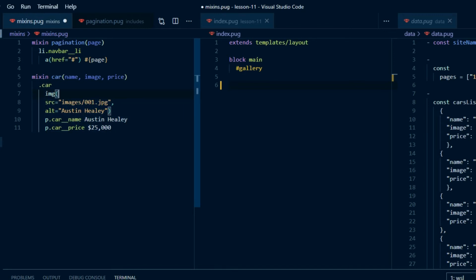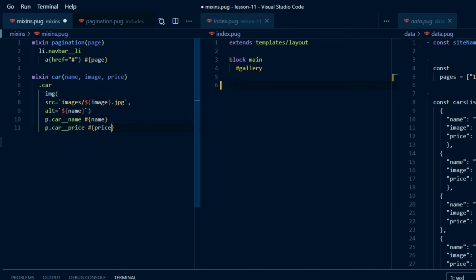Replace the static code with variables using object literals in backticks for the image and alt tags. For the name and price, we can use interpolation.